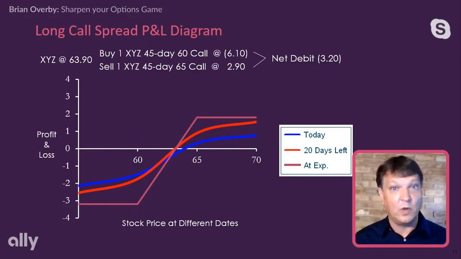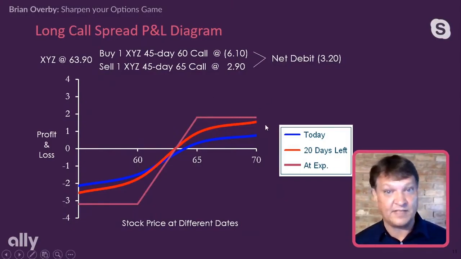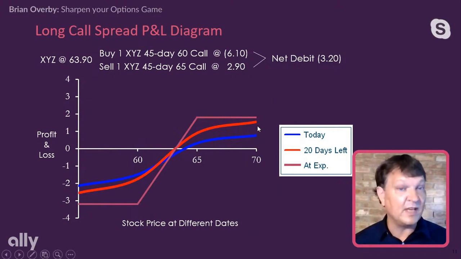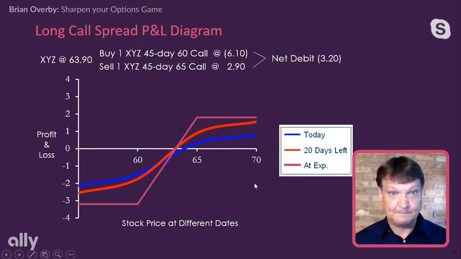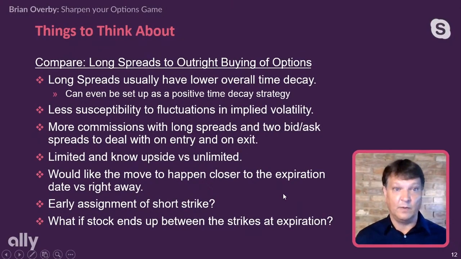If I'm trading long spreads, I've got to be very particular about the expiration that I'm trading. It means a lot more on my forecasting and when I think the underlying stock might move. Now, if the stock skyrockets from 65 all the way up to 70 or 80, yeah, all the time premium is going to go away anyway because both option contracts will be really deep in the money overall. All right, so with that said, those are things to think about when we're looking at options.